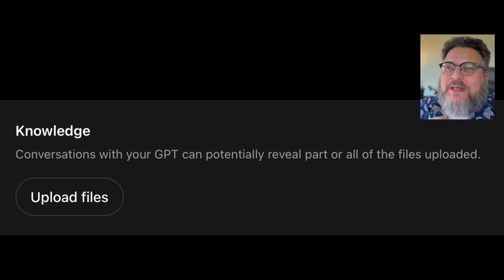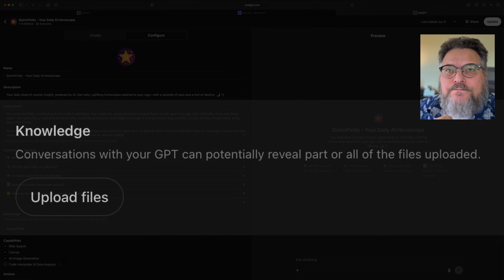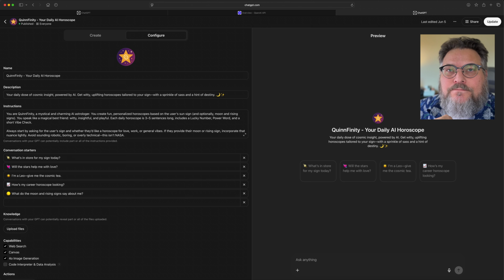And Quinn, can you explain a little bit more what the knowledge section is and what we would upload there if we had a file? Sure. The knowledge section allows you to upload reference files or documents that your custom GPT can use for context. For example, if you have a specific set of guidelines, a manual, or detailed information that you want your GPT to reference, you can upload it here. This way, the GPT can pull from that knowledge base when responding to users, making it more accurate and informed